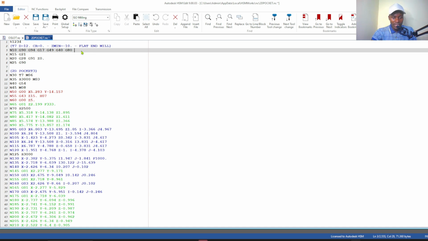And then we can add another code for continuous mode, G64.